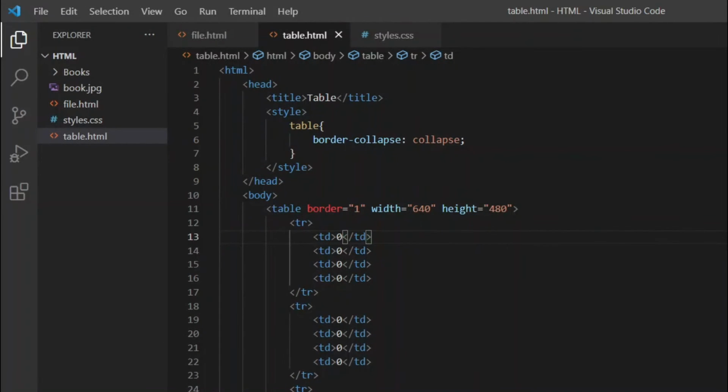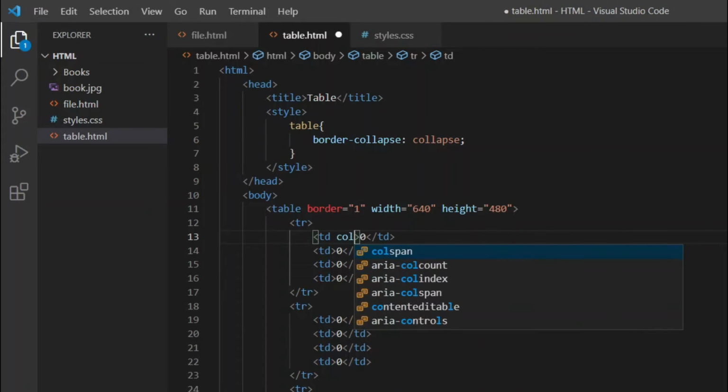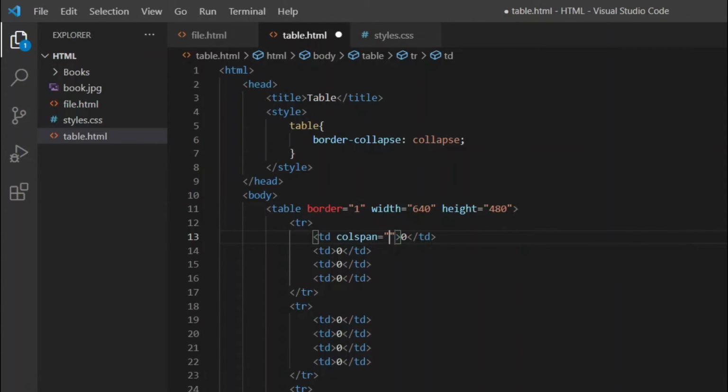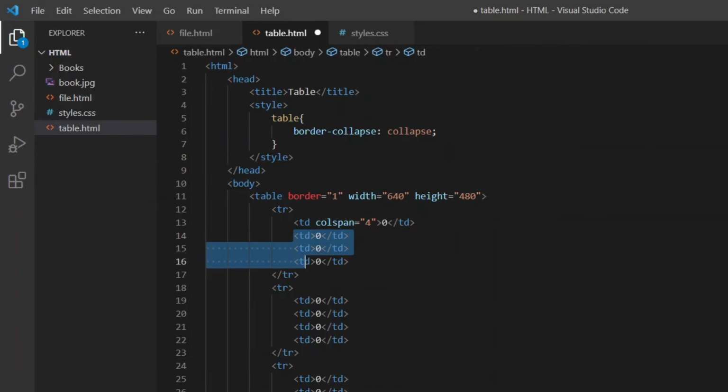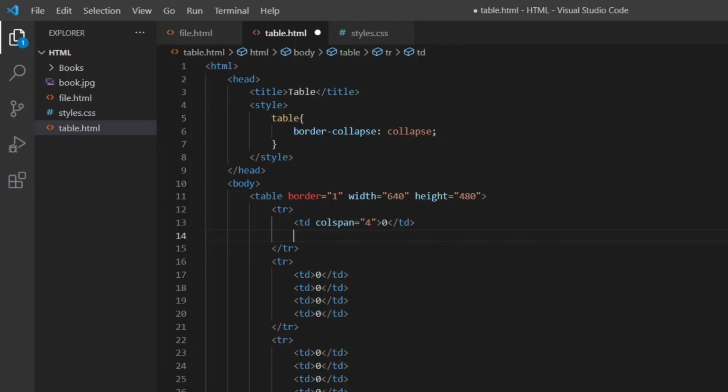What we do is we go to the first row, first cell, and we are going to stretch it across how many cells? 4 cells. How do we stretch it? We use the colspan option since we want the cell to span multiple columns. Within colspan, in double quotation marks, we need to specify how many columns it should span, that is 4 columns. Now we need to remove these additional td elements in the first row. As we can see, we get the same result.